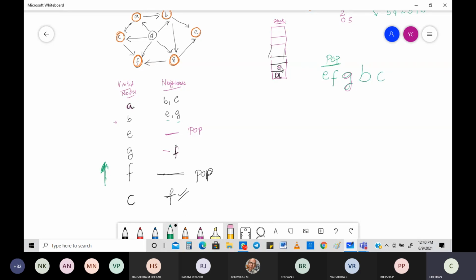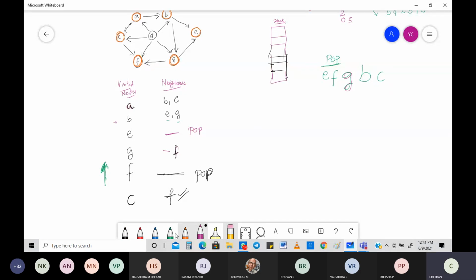So what is the next thing? After C, what is the only thing that is remaining? One second, I'll just remove this. Yeah. Okay. What is the only thing that is remaining? A. A is only remaining. You come to A and you pop that out. Only one person is there, so even that will be popped out. What is there in the stack now? Nothing. So when I pop that out, A is coming right here.